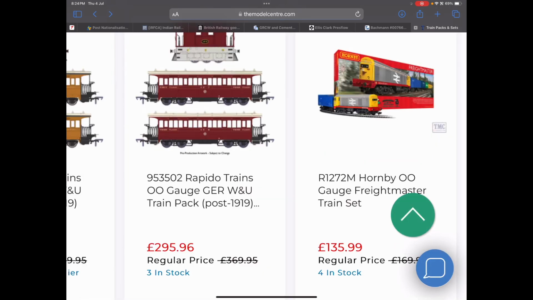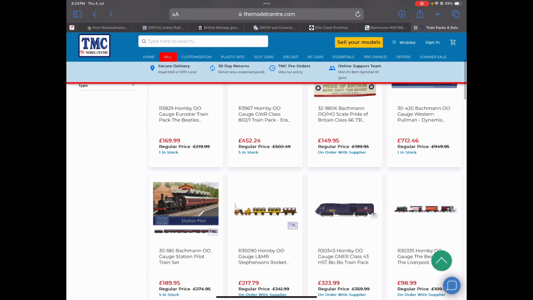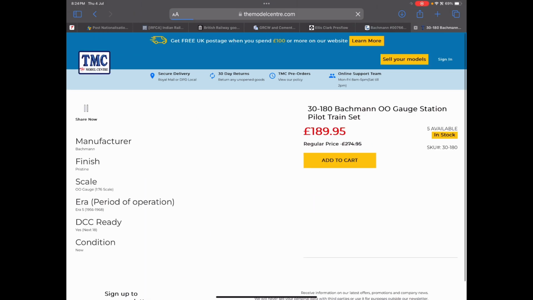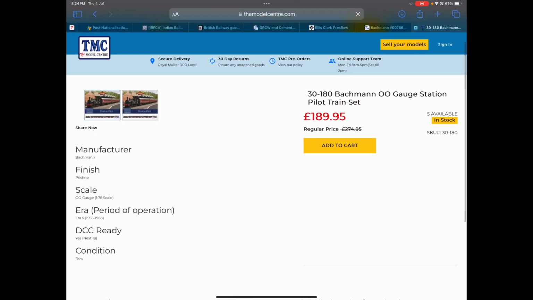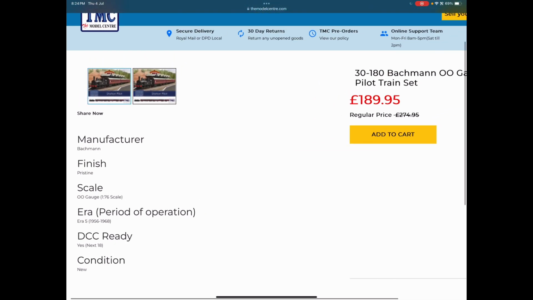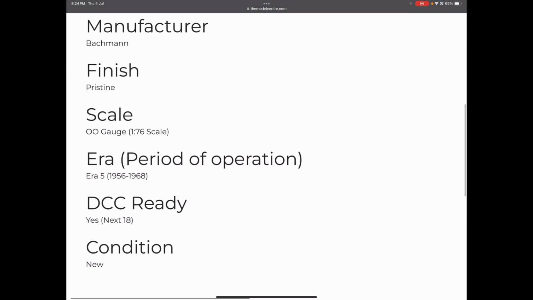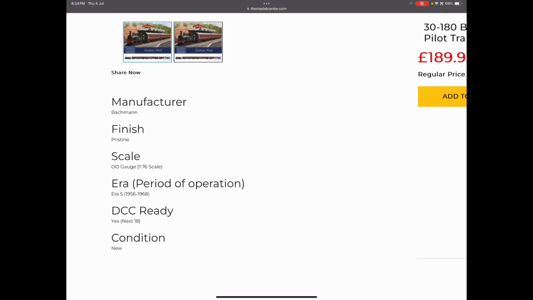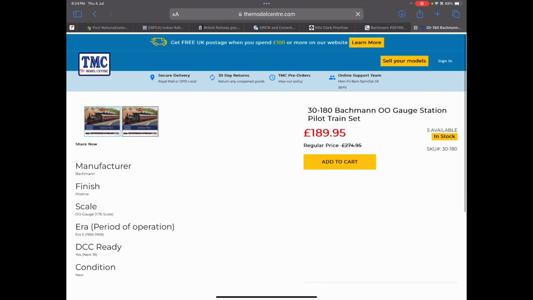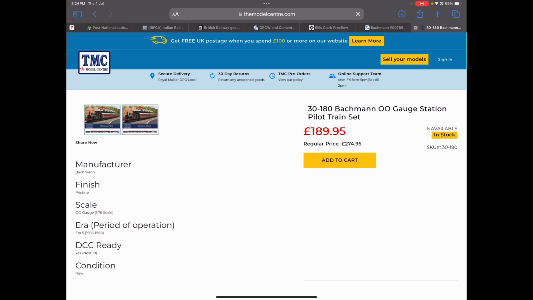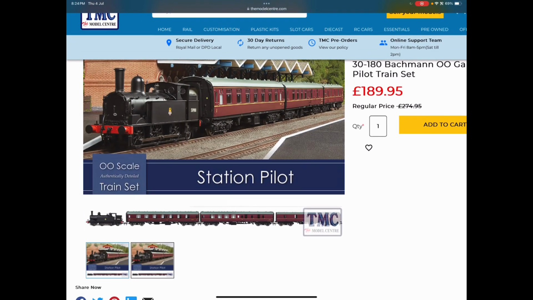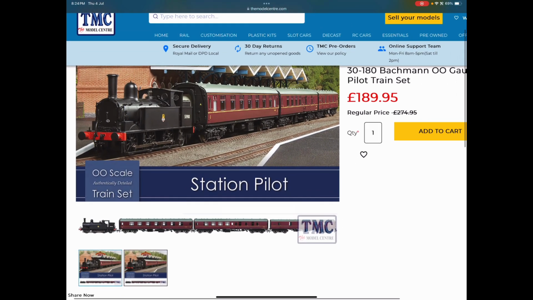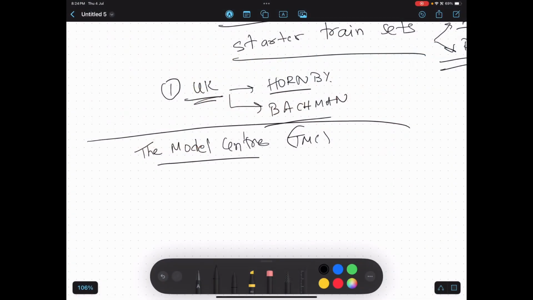And the other one which I told you is the Station Pilot made by Bachmann. The slightly expensive one. It's 190 pounds. And why is it expensive? Because you see this is DCC ready. You can fit a chip here. So the chip is not yet installed, but it is ready to be installed. So here I would like to take you back to another concept called